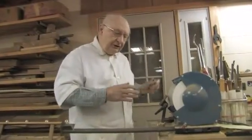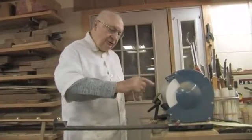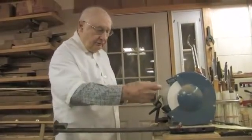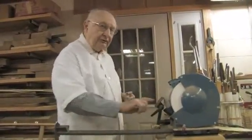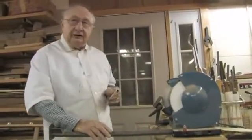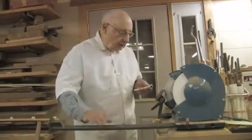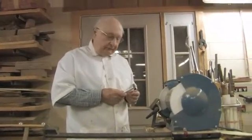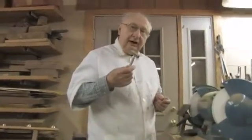This machine must always be used on the outside surface of the wheel. You never present the tool to the sides of the wheel. The wheels must be clean, and in order to clean the wheels, you have to tear the surface of the wheel off. This is a diamond